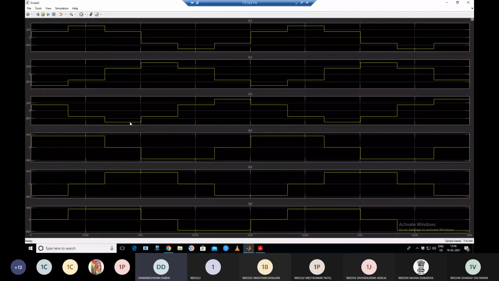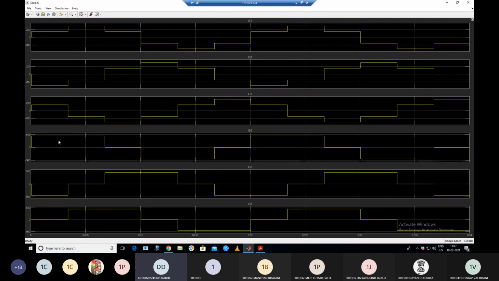Same way phase B and phase C are also 6-step voltages, but each phase is 120 degree apart from each other. Clear? You can see that here phase B gets the positive Vs by 3 at 120 degree, whereas phase A gets it at omega t equal to 0. So it means there is a 120 degree phase displacement. Same way between phase B and C there is a 120 degree phase displacement, and phase A and phase C also have a 120 degree phase displacement. Clear? So these are the 3-phase voltages, and the last 3 are the line voltages.